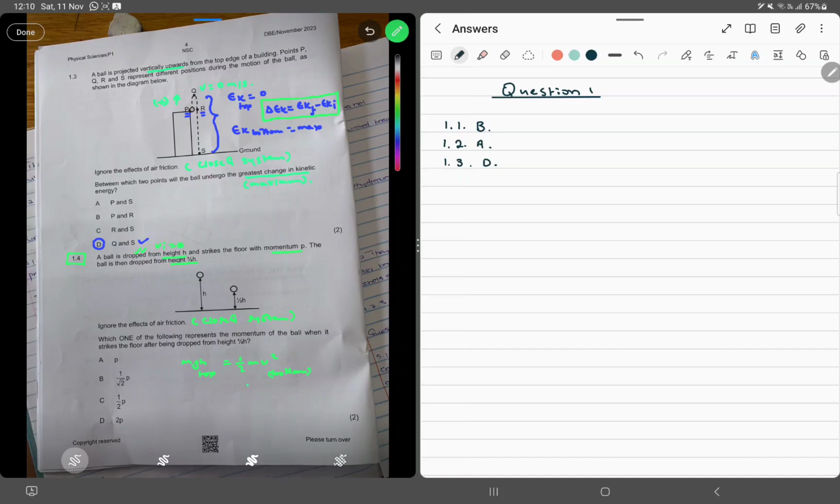All right, because the total mechanical energy is conserved in a closed system. Now look at this. The total mechanical energy at the top is effectively mgh because kinetic energy is 0. And at the bottom, the kinetic energy is at maximum because there is no potential energy there. Right, so this is why this is like this. And then we can move on and say this implies that mgh